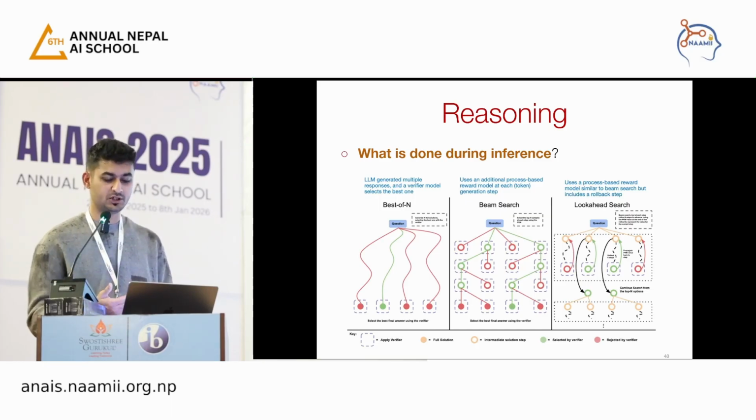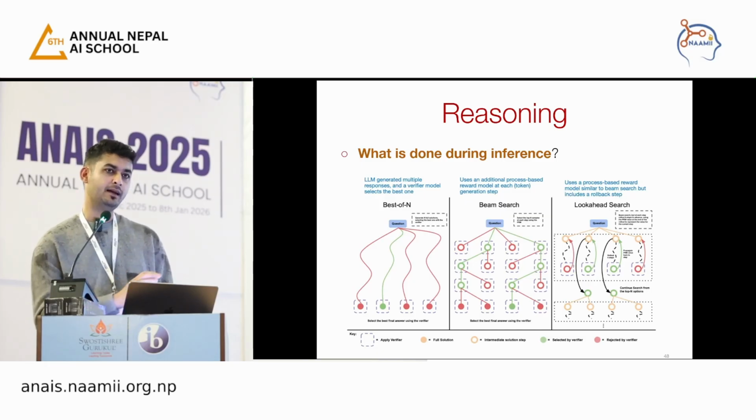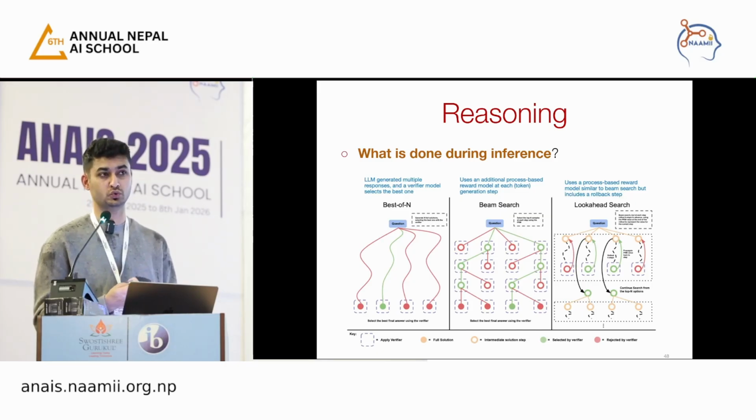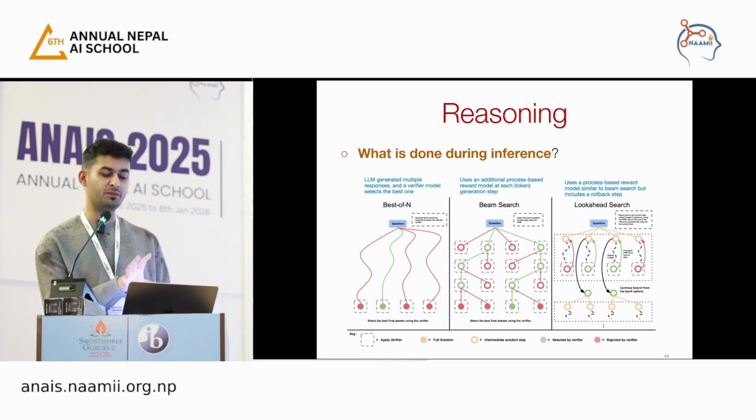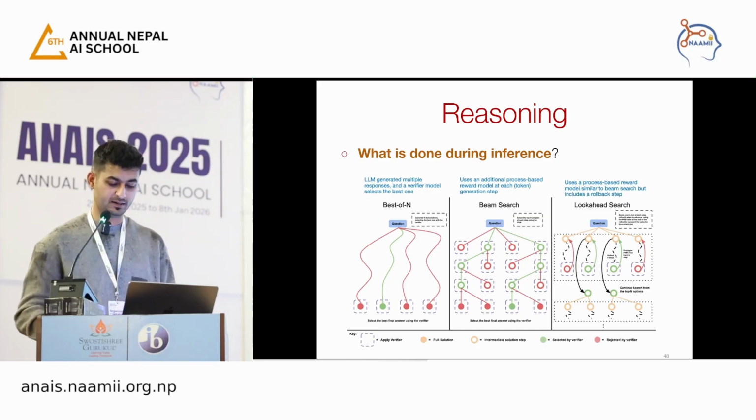There are some beam search techniques, some look-ahead search techniques, which may involve some backtracking or rollback as well. So there are multiple ways to do this, and some of this literature is actually a lot of guesswork. For example, many of the reasoning models that we use on a day-to-day basis now are closed source, so no one knows how these models have been developed. There are some attempts to understand what's working under the hood, but we may have to take these things with a pinch of salt when we try to understand how reasoning models work. But yeah, these are some of the things that can be used.